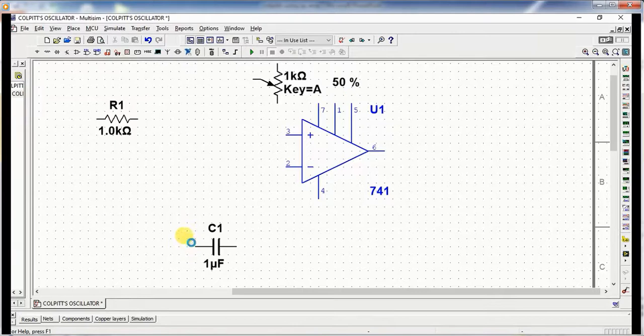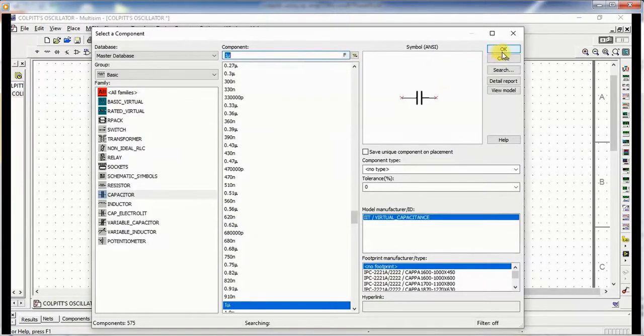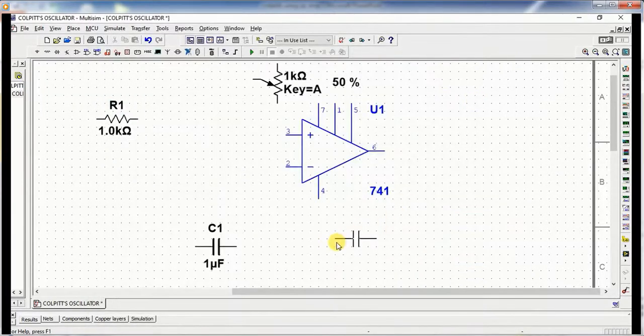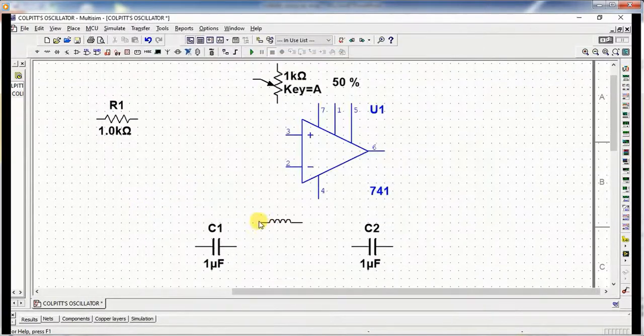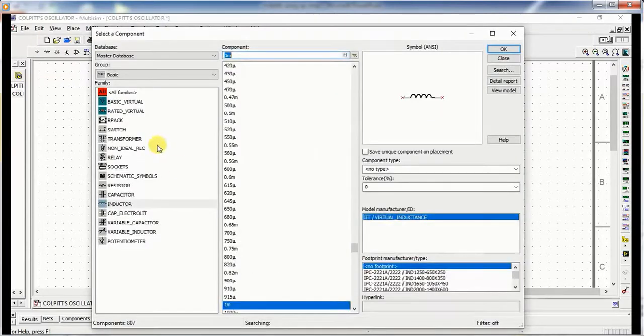So select the capacitor and drag it. Then one more capacitor is also required. Select the capacitor and drag it, and then the inductor is also required in the circuitry. So select the inductor and drag it.